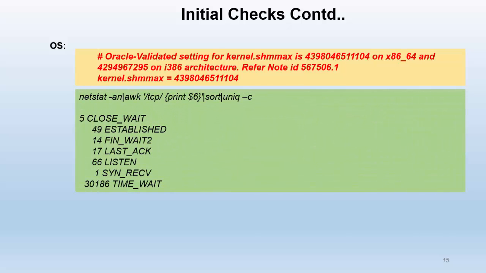And then one thing that I did is, when I was looking around Weblogic server and all those things, I couldn't find any indicative evidence that this may be the cause. I couldn't find anything. Now I say, okay, let's look at the kernel parameter. The parameter didn't look out of the ordinary except the one I'm mentioning here, but that would not be it if it is the application server that is causing this, and this is all over the place, even on the database server, and it didn't make the database server go down. Why would this make the application server go down just because of shared memory max,